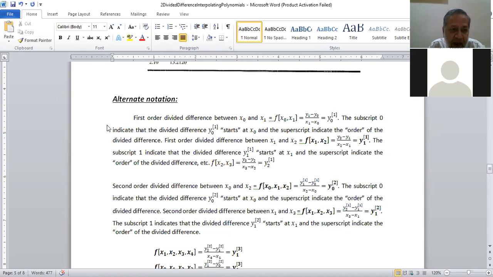How do we make a higher order divided difference? And that is notation says, now we are using 3 points or 3 values of x, x0, x1, x2. We read this notation as second order divided difference is starting at x0 up to x2. Alternate notation, superscript indicates second order and subscript indicates what's the first point used in making the divided difference. This second order divided difference is then defined as the difference of first two first order divided differences, that is